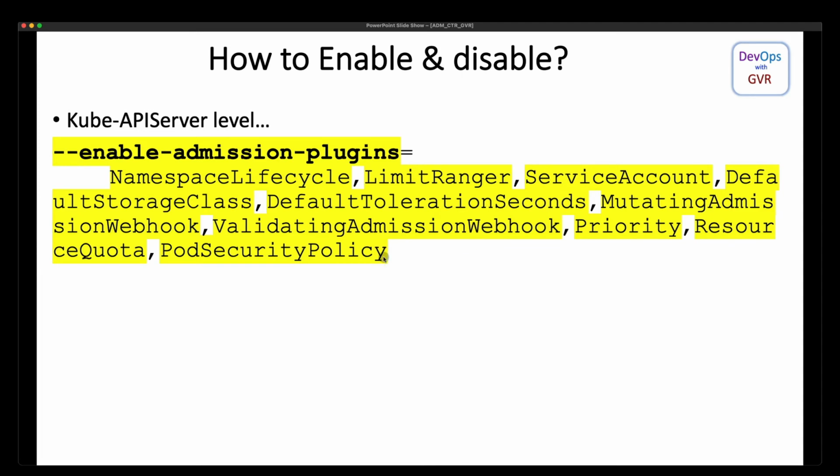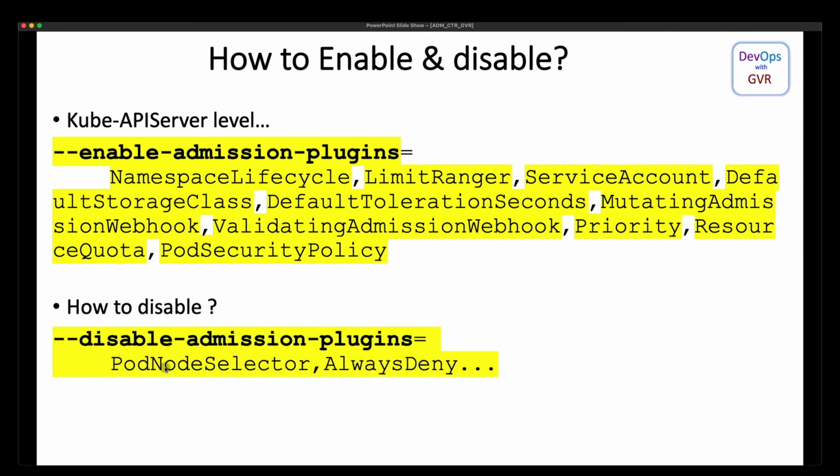Say I have created a GVR webhook, some GVR policy, or maybe something XYZ. You can just add a comma and your own. That's how you define it. And to disable, I don't want anything, just use the disable-admission-plugins option.